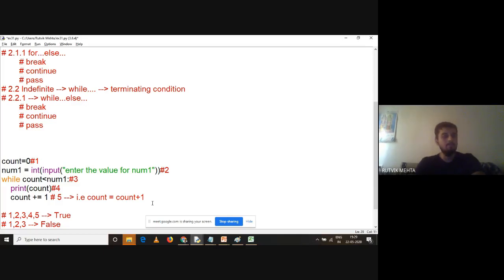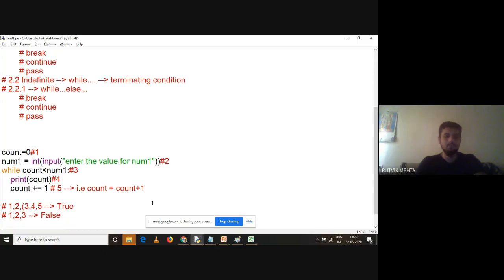If the condition is true, how many times are 4 and 5 going to get executed? It depends on the user's input. If num1 is 10, 4 and 5 are going to get executed 10 times.